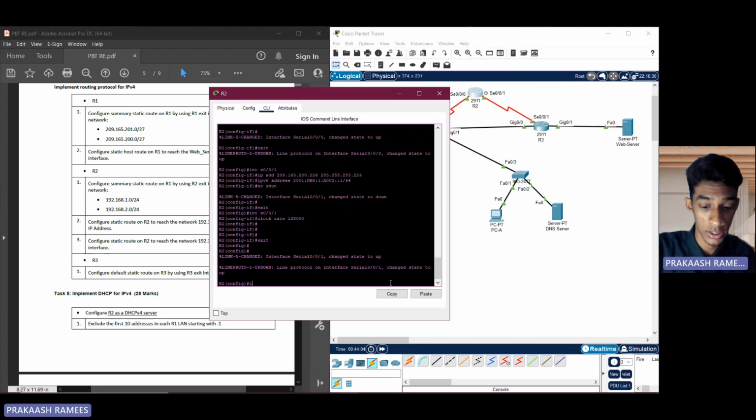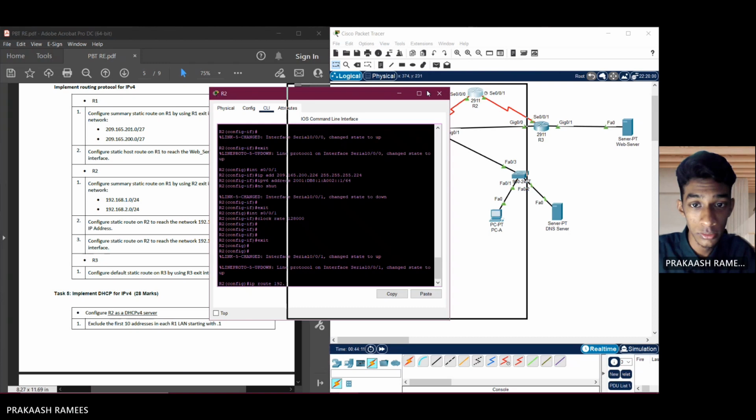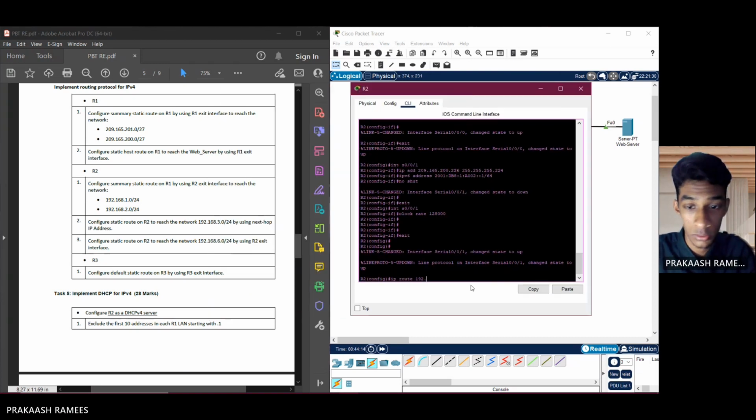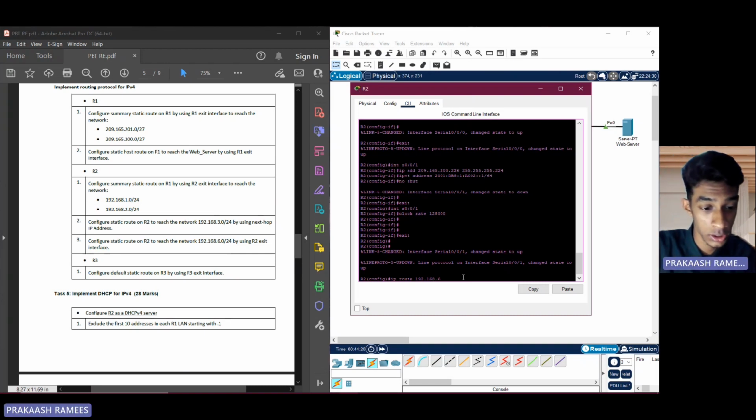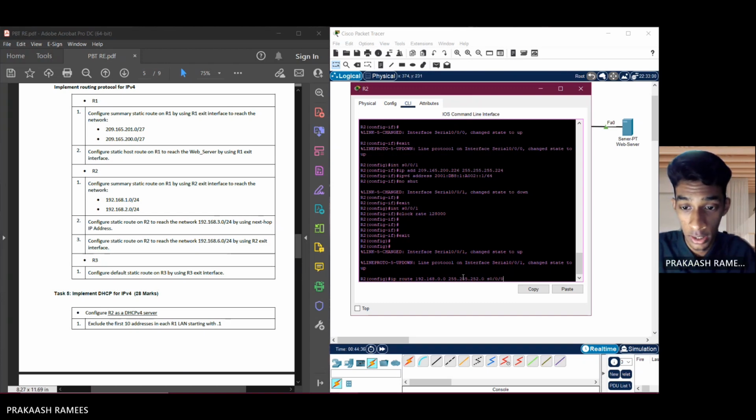The command is IP route 192.168.0.0 255.255.255.0, sorry, 255.255.0.0 as S0/0/0 the interface. Then